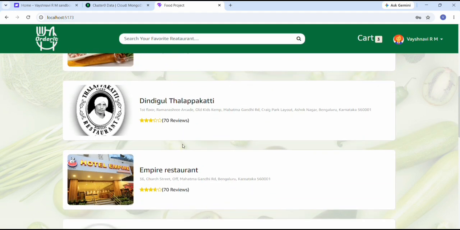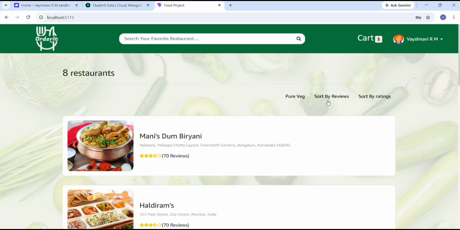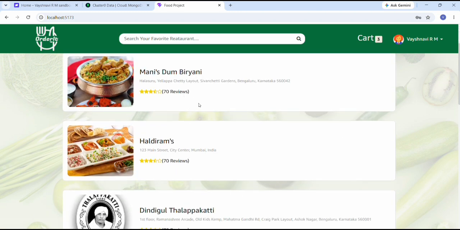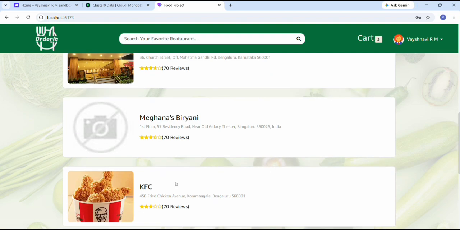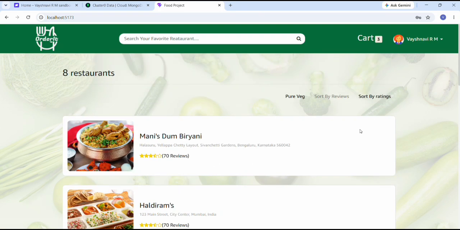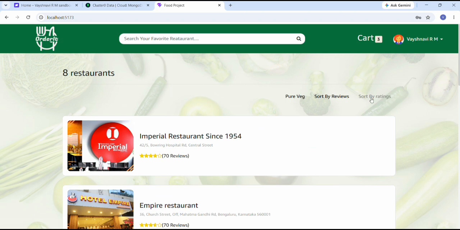We have sort by reviews next, which will give the restaurants sorted according to reviews. Since 70 is the review for all the restaurants, it's showing like this. Last, we have sort by ratings. We have the restaurants listed according to ratings. These star ratings